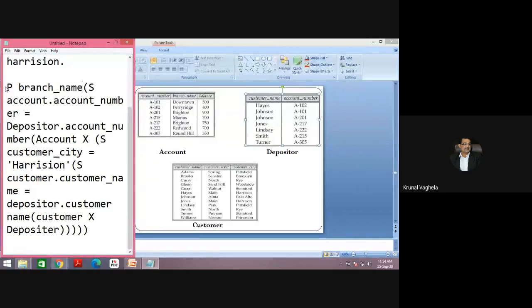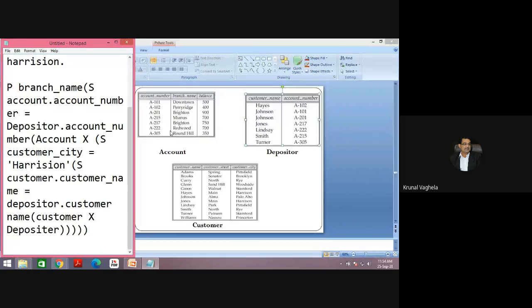So this will be my first query without join. The student who has written the query is also right, but the cost will be very high. Consider you first do the Cartesian product of this and this, then the result table is huge. So a better approach is to first do the Cartesian product of this, put the filter so the result has fewer rows, and then do the Cartesian product of this, so the cost of the query will be less. So this is the query.